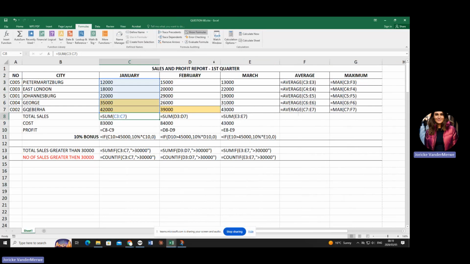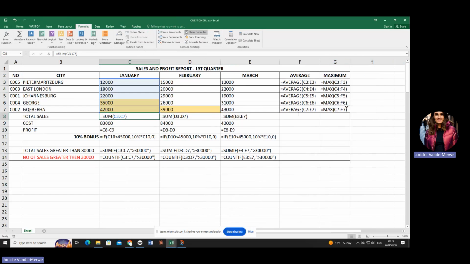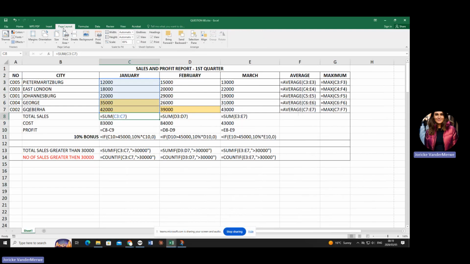So by clicking in between your columns, it's making sure that everything is legible. So it's taking the maximum amount away so that you can still read whatever is in your columns. Are you with me, darlings? Okay, so that's what you do in number 3. But actually, before you do that, I want you to get into the habit of just going to page layout and just changing the orientation to what it's asked.